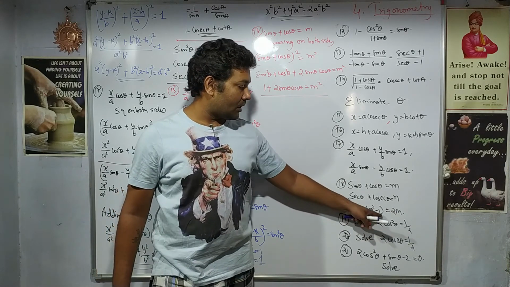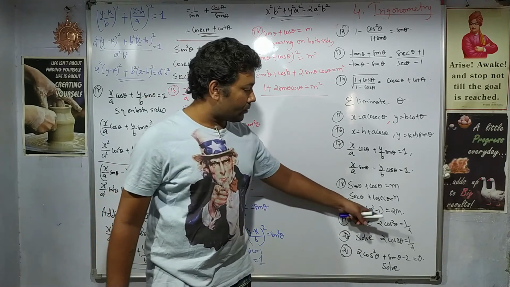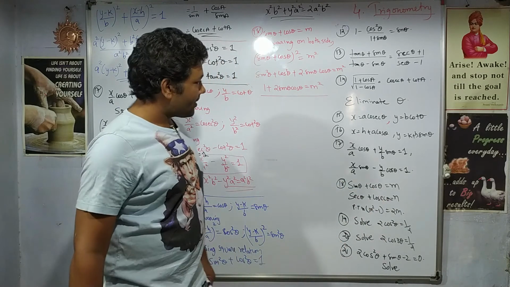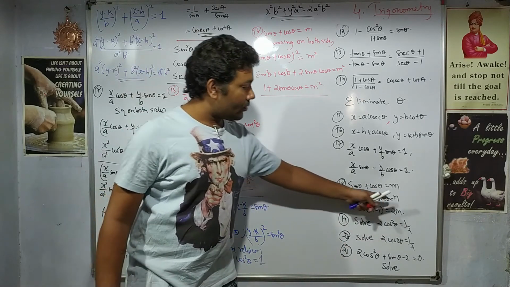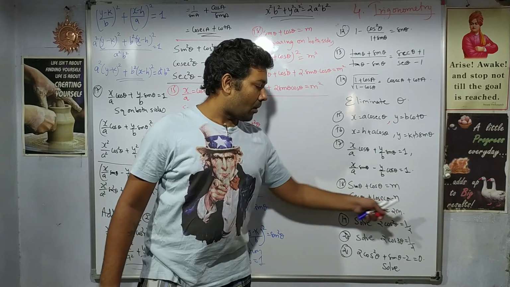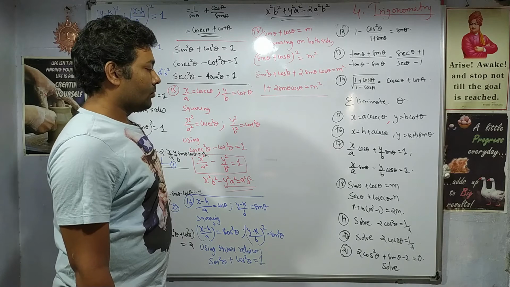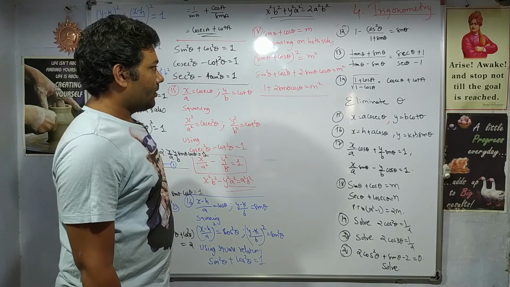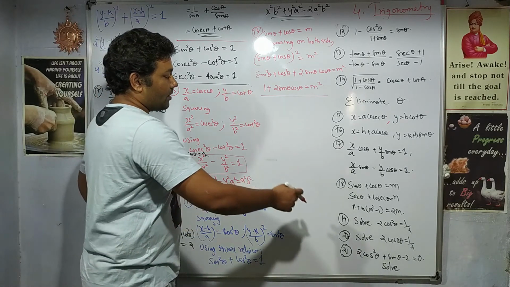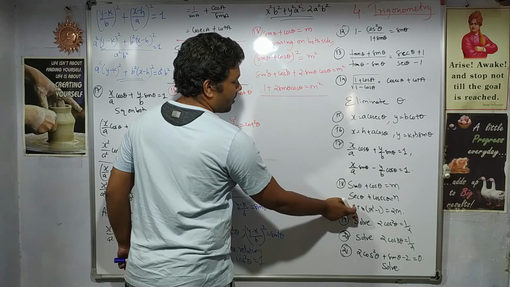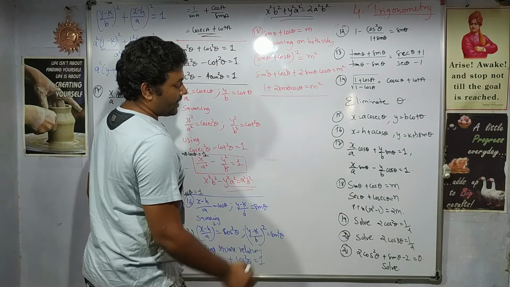Now, either I can put in the left hand side and obtain the right hand side, or I can use a combination of equations to obtain the complete equation. Whichever way I want, I can do. Right? So let me try to simplify this proof using the left hand side of the equation.